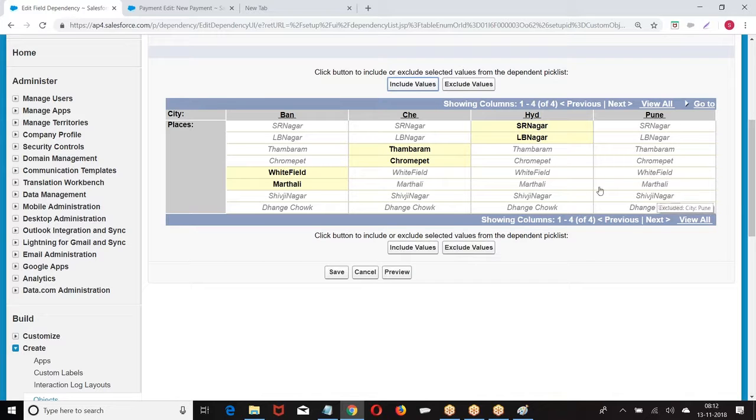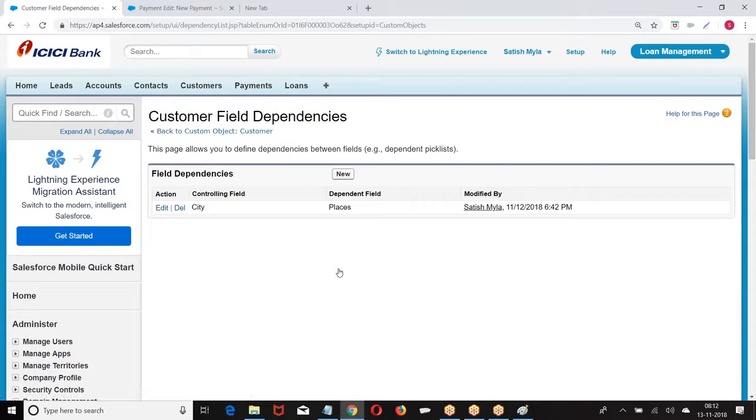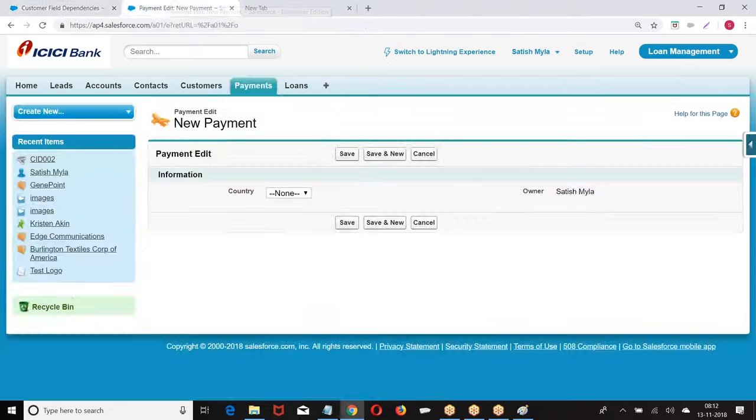Pune, we have Shivaji Nagar, Dange Chowk. Now, you want to exclude it? Controlling field options are on the top, dependent field options are here. If you select this option, these are the dependent values we get. What was this called? Field dependency.